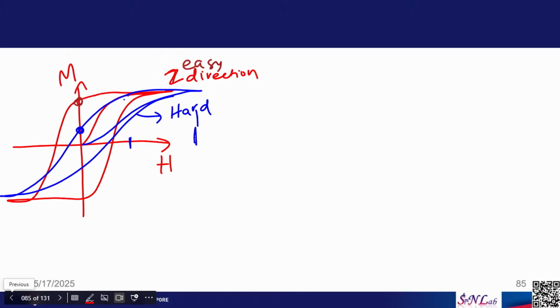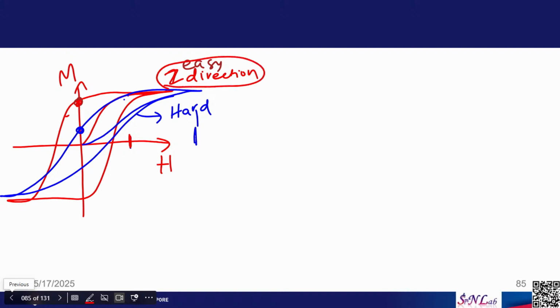So, in the perpendicular direction I can easily saturate the sample with a very small magnetic field, and I can retain a large amount of magnetization even after I remove the field. So, we can call the z direction as the easy direction,